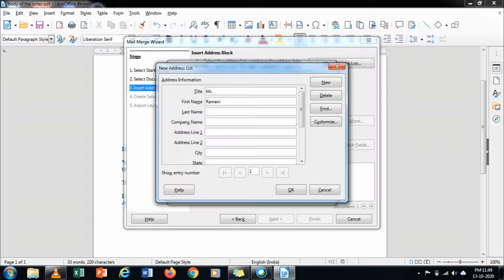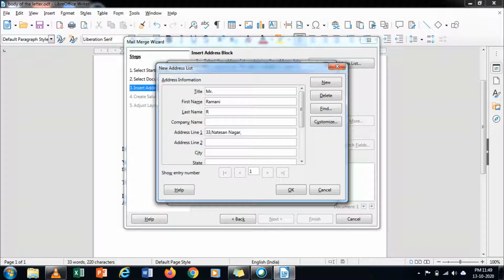Title you have to type Mr. Okay, then you have to give first name. Then you have to type last name. Address one it is asking, no? Type the address of the sender. I didn't put the door number.